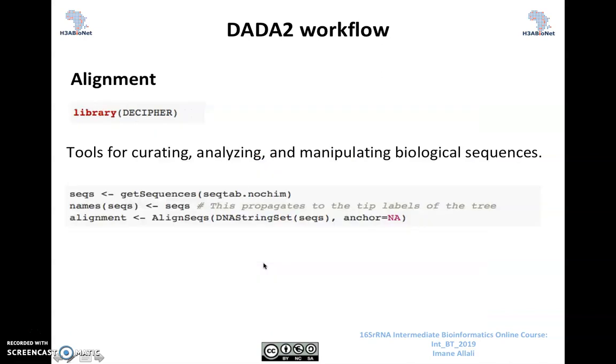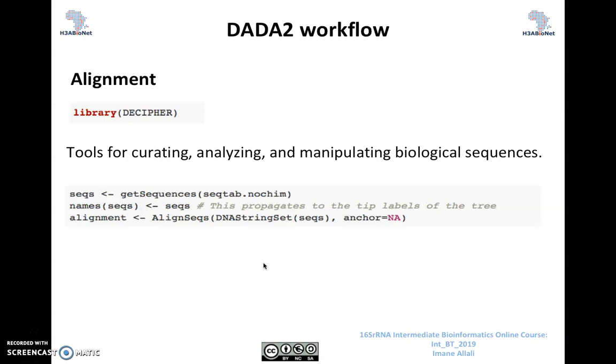At this step, you have your sequence table and your taxonomy table, but you don't have your phylogenetic tree. To make one, the first step you need to do is to align all the sequences in your sequence table. To do that, you need to load the DECIPHER package. I assume that you already have it installed in your R environment.